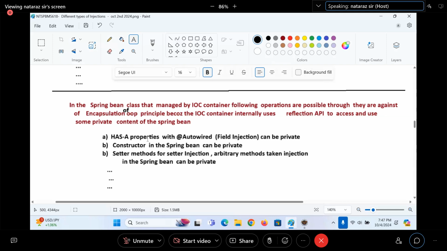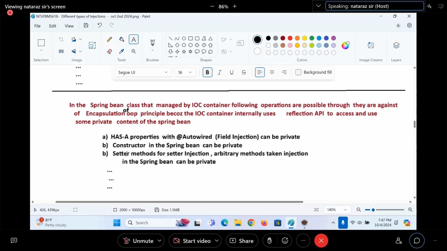As the properties with @Autowired can be private, a constructor in a Spring Bean can be private.